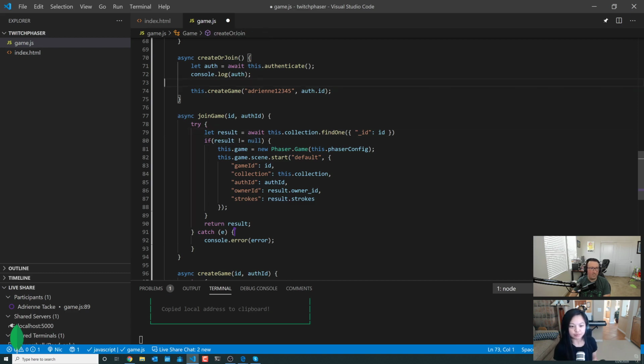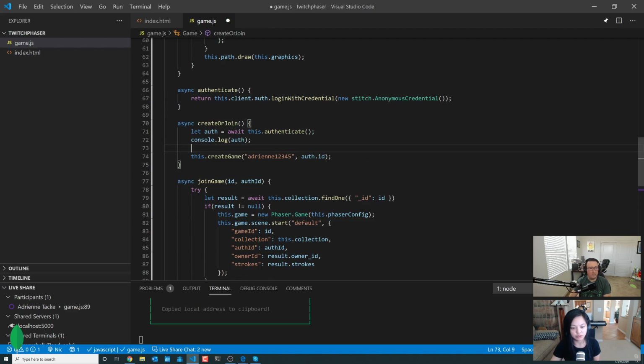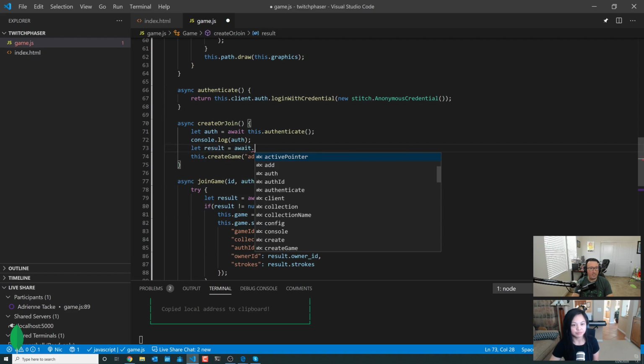Okay. So now I think we have to change up our create or join, right? Yes, we do. So let's say we're just going to work with result again. Result equals await.